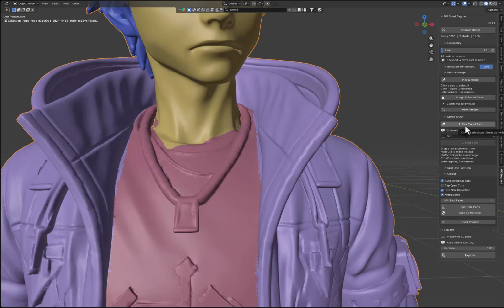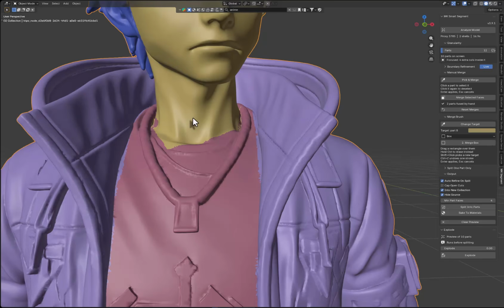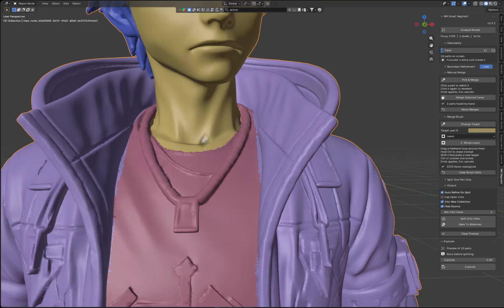I'll set the pick target mode, and let's select the target. What is its target? Its target is the head, meaning everything that is here, we want it to be connected to the head. I'll set its mode to lasso, and then I'll use merge lasso. When I draw a lasso tool like this,